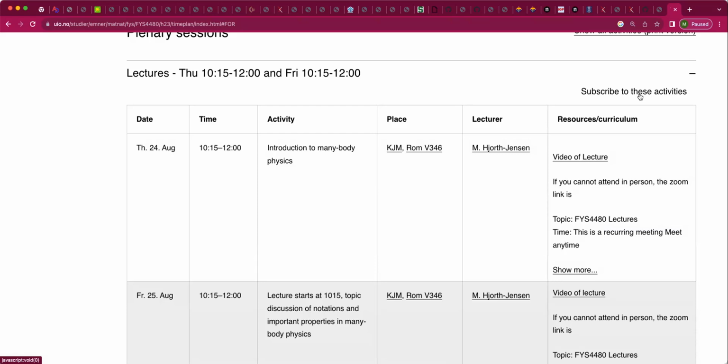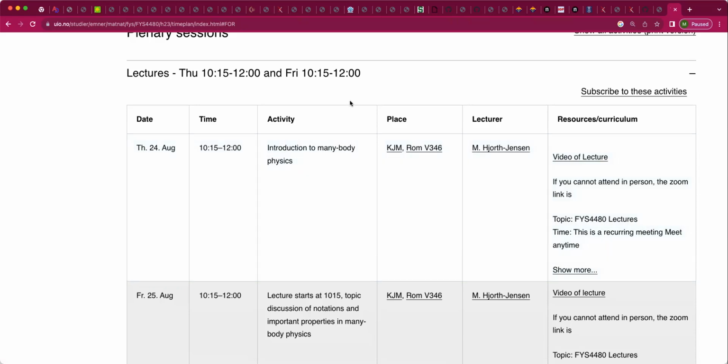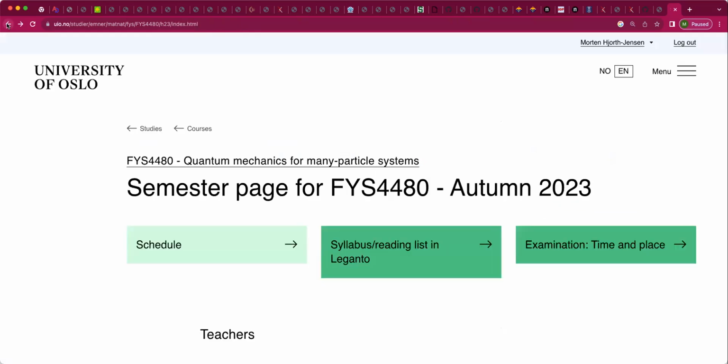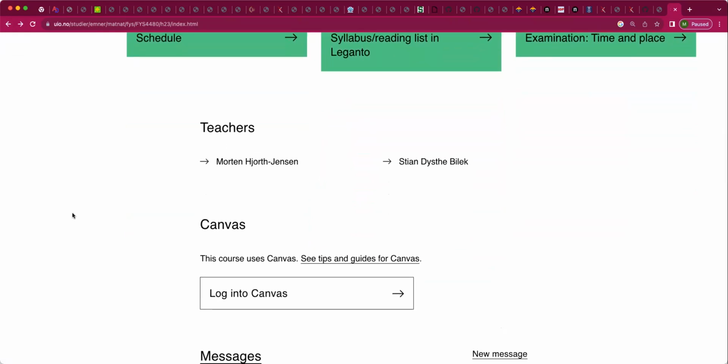So what you will find here, when you look at the schedule, are links to the lecture video, which will be uploaded after the lecture. You will find other information, links to lecture notes, etc. So the aim today is to give you an introduction to the course and also show you where we have the teaching material. So if you go back here and you scroll down the page, you will see that